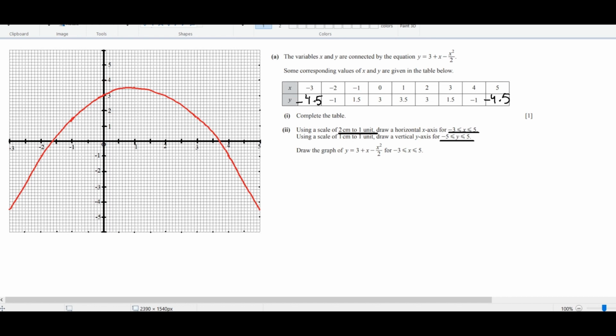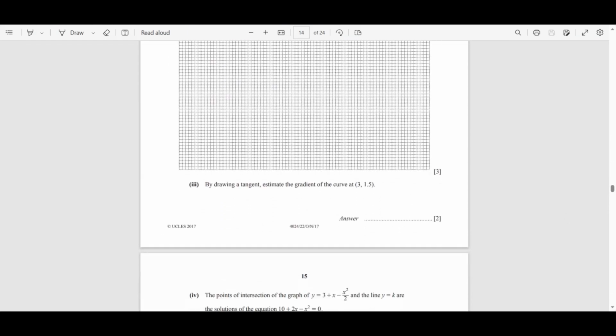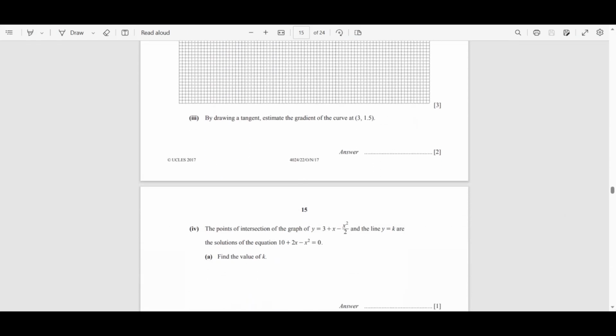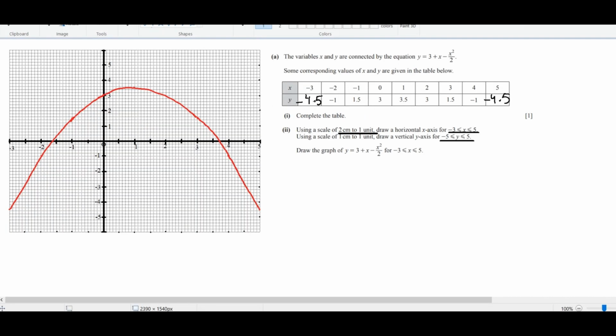I'll be switching the tabs to get the answers to the other parts. Okay, so part 3 says by drawing a tangent, estimate the gradient of the curve at 3, 1.5. 3 on the x-axis and 1.5 on the y-axis. This point has to be